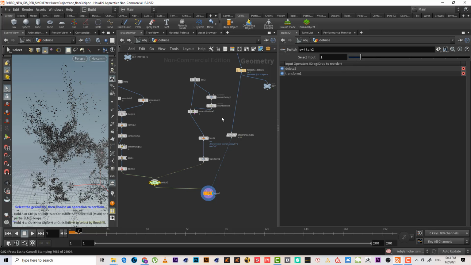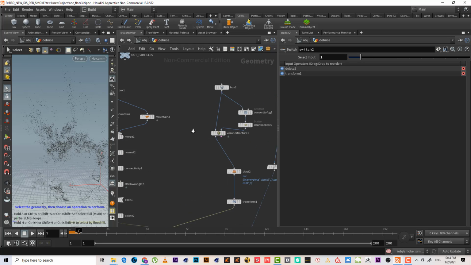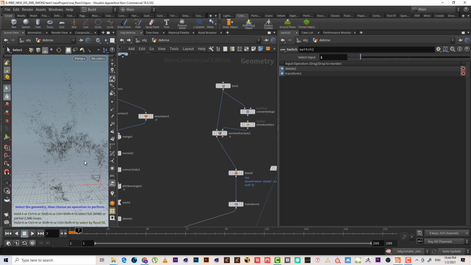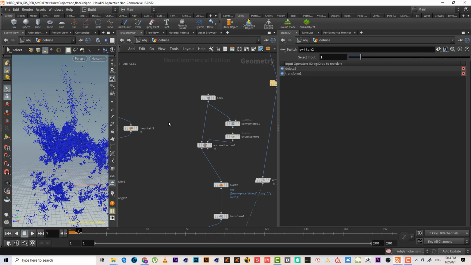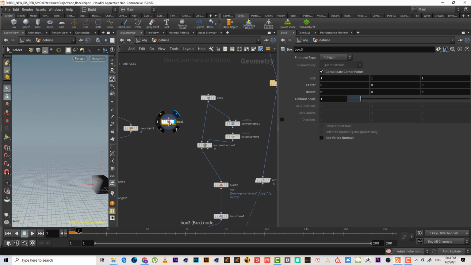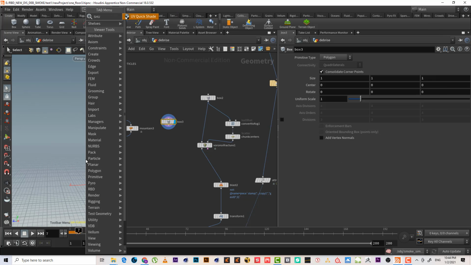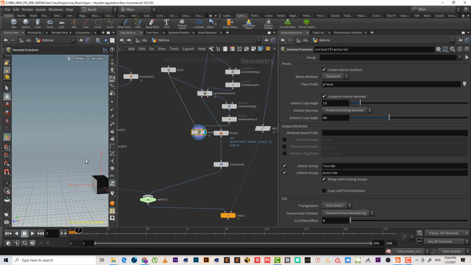Okay, so we are using this one. It doesn't really matter. We will scale it, no problem. First of all, we need to make a box. We will just make a box, and this box we will shatter it. Yes, shatter it. So as we can see, after we shatter it,